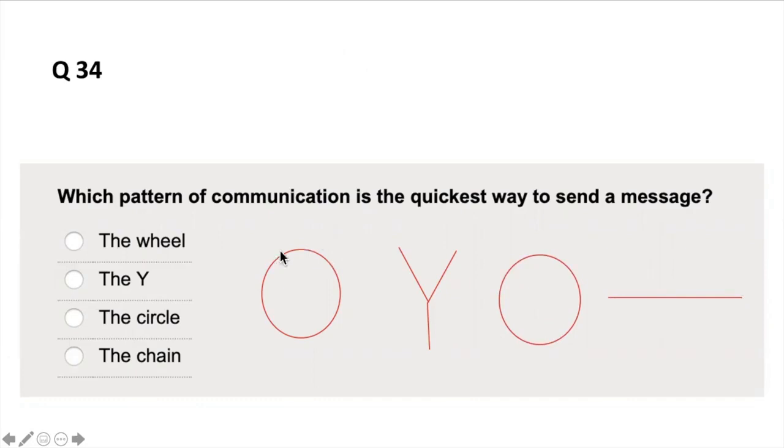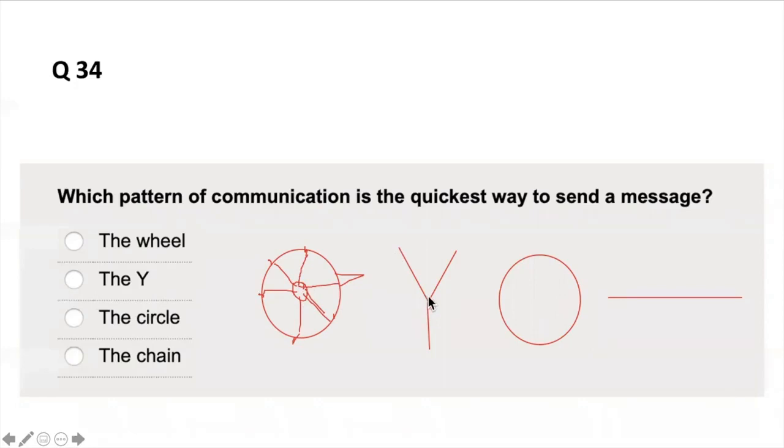So here we go. The wheel, you have the leader, let's say, in the middle, and you have people here, here, here, in different areas. So you can communicate directly. The leader communicates with this person directly, with this person directly, with this person directly. So it becomes something like a wheel. And that is more direct communication, even though the people in the periphery don't communicate with each other. They get their information from the leader directly. Okay, that's clear. It seems fast, and this could be the answer.